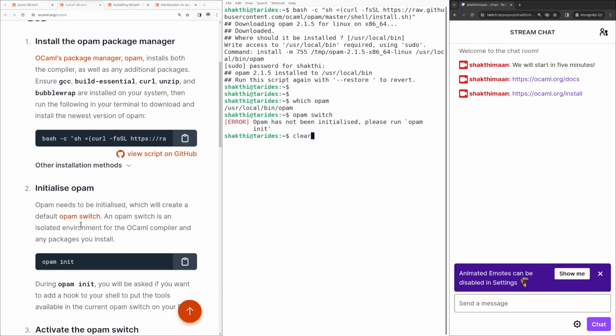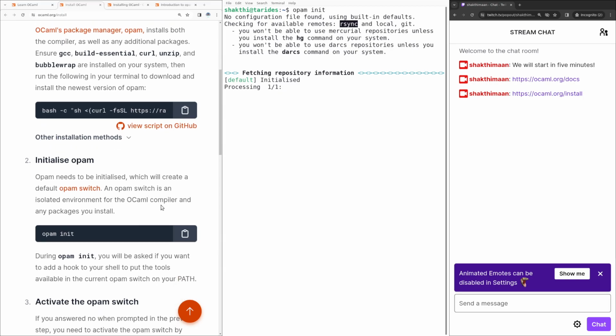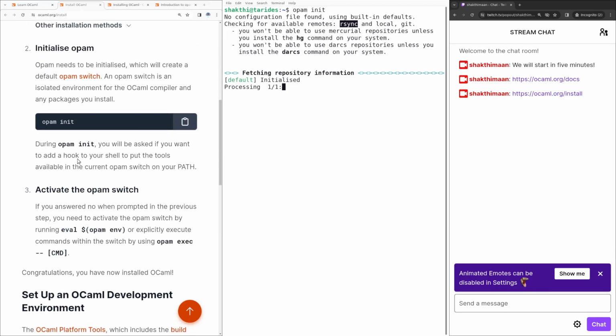So let's initialize our local opam setup. So it's using defaults. It will prompt for some packages. I have git installed, rsync installed, so it doesn't ask to install those packages. Then it goes and fetches the latest repository information, and from there it will fetch the latest compiler, and then it will install this in the local home folder. Okay. So this is the step that we are currently doing. We're doing opam init,